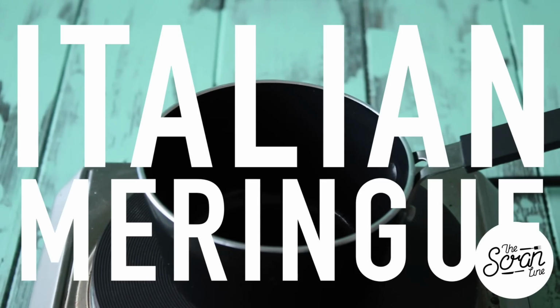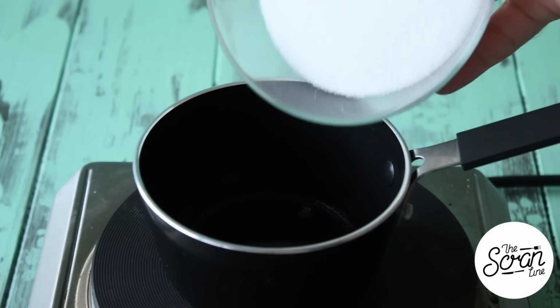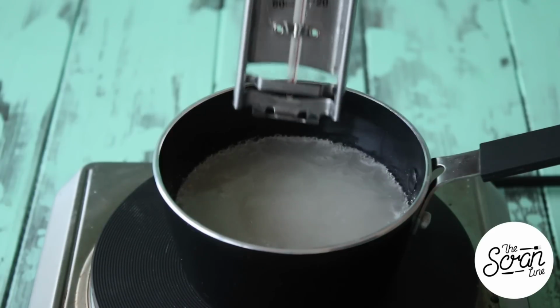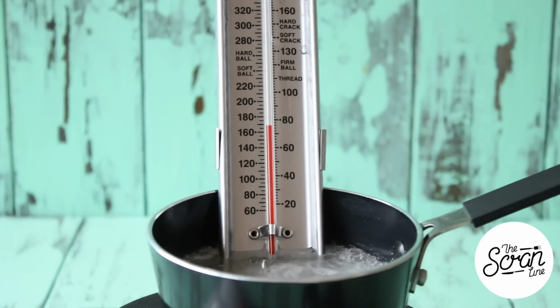Next, we're going to move on to making our syrup portion of our Italian meringue. We're going to add our water and sugar to a medium-sized saucepan. Give it a very gentle stir. Now you want to bring this to a gentle boil, and for this part, guys, you're going to need a candy thermometer. You can grab these from your local kitchen supply store. You can grab them online. They're pretty inexpensive. Now, once we reach 115 degrees Celsius, you want to put your second batch of egg whites